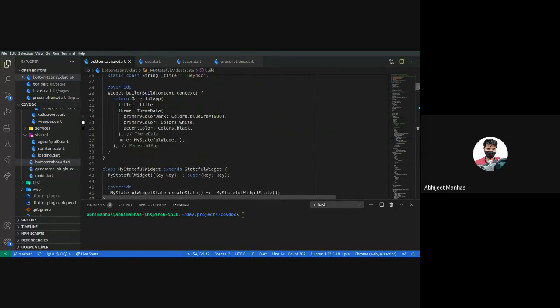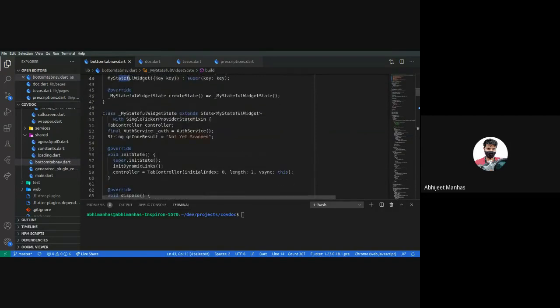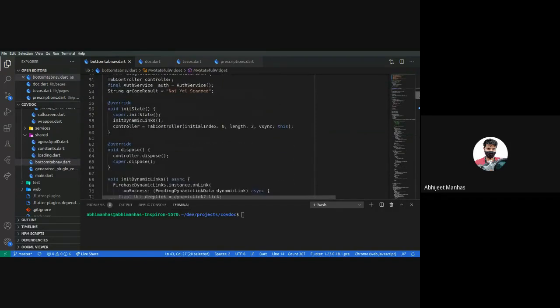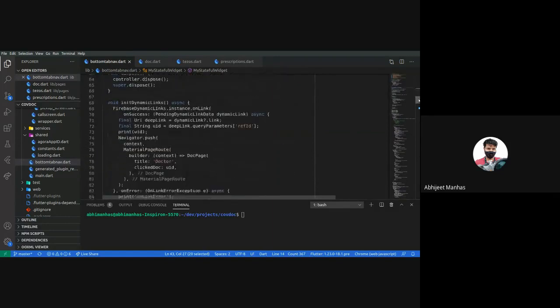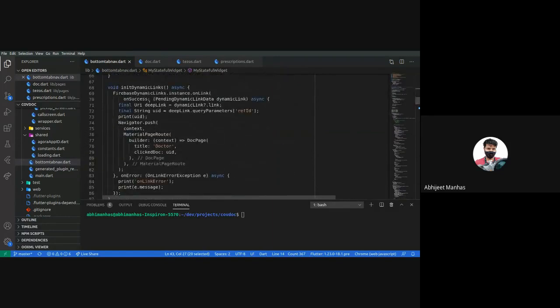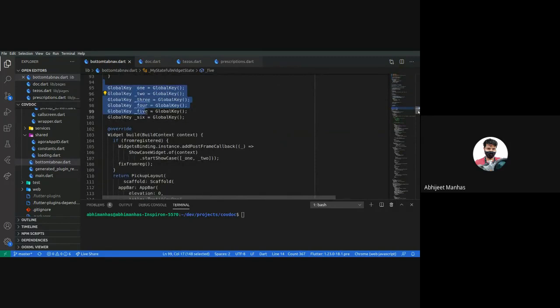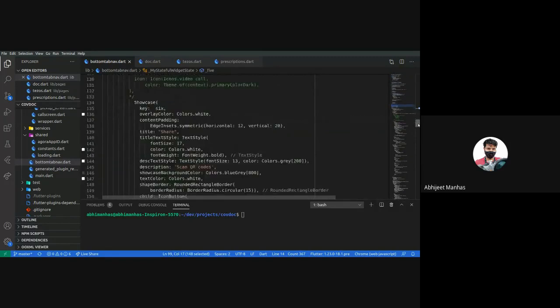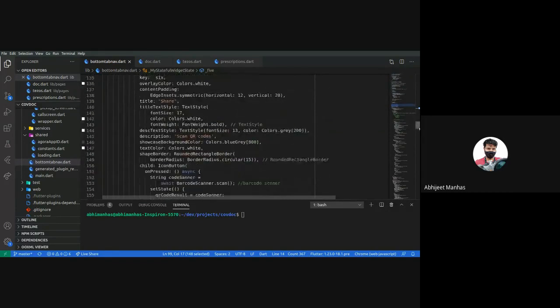This is the basic structure of the app where we show how we build the app. Since we have used Flutter over here, there are stateful widgets in Flutter which we are using here. And then, this is the basic view of the app where we have deep linked the URLs so that it could open in another app. Then these global keys are for our showcases. So here we have defined each showcase.